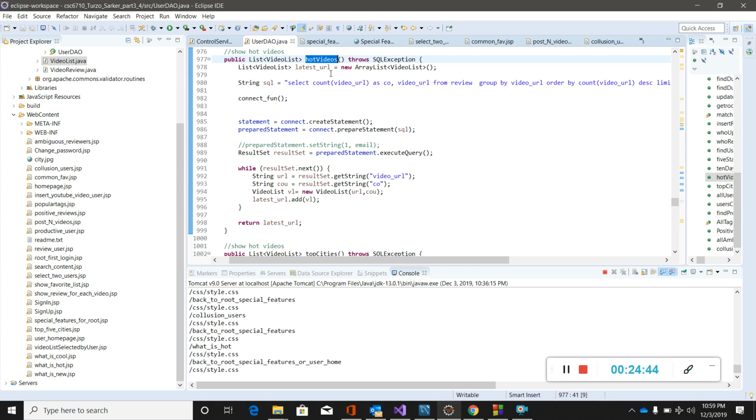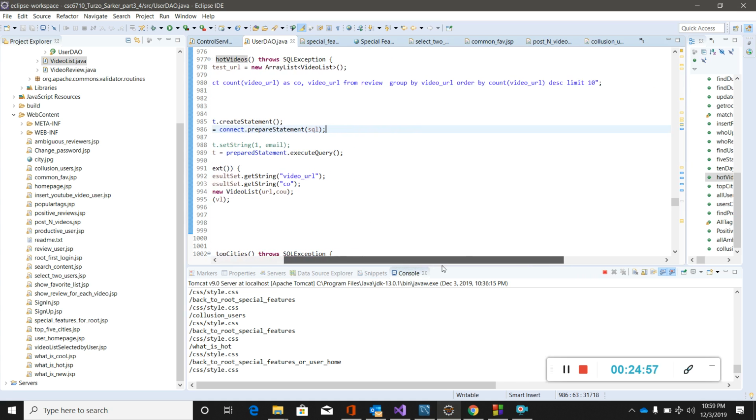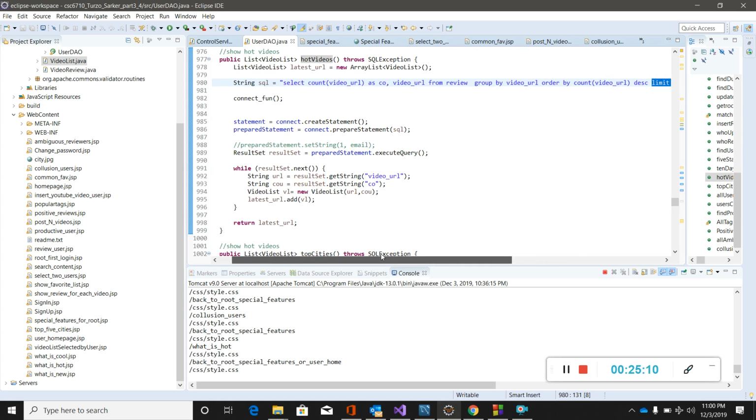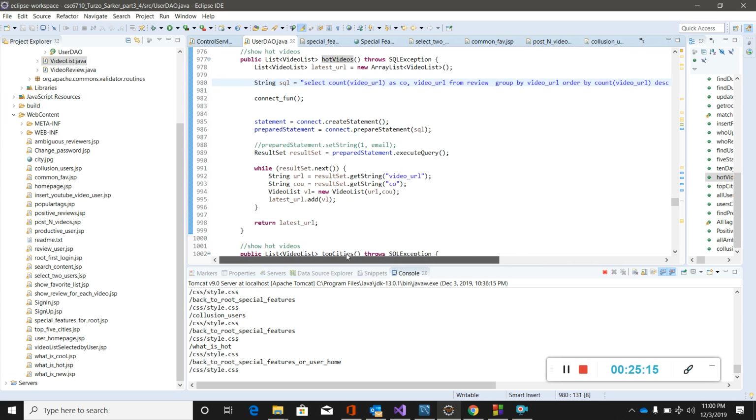And then this is our query which actually counts the top recent videos and also the video URL. And how it works, actually, it groups by the video URL and counts the video URL, and also it limits up to 10. That means only top 10 videos will be shown